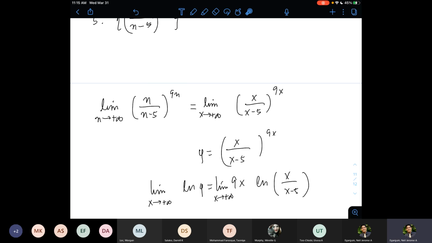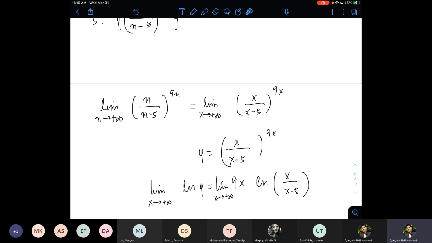Thanks to several theorems that were introduced in the chapter, we now have an analogy between finding the limit of a sequence and the limit of a function, in the manner that we used to do it in Cal 1, right? So I suggested last time that this seems to be a very complicated term for the sequence. So let's try to transform it into a function of a real variable. The change of variable seems superficial because all I did was change all the n's into x's, right? But I hope it is clear that the significance of the change is that the left-hand side limit only allows n to take natural numbers as its value, right? The values for n are 1, 2, 3, 4, 5, and so on. But on the right-hand side, x can take any